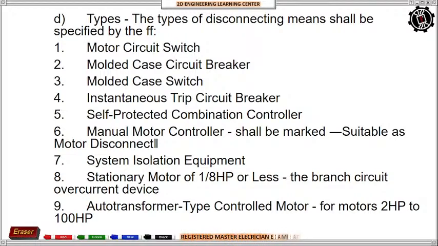The OCPD, no? Yan yung pinaka breaker na ang rating niya is kukunin natin sa table na yung may 300% sa full load rating. The disconnecting means is just a switch, no? So as long as kaya niyang i-carry yung full load current, 125% of the full load current of your motor, pwede mong gamitin kahit breaker ba 'yan, kahit knife switch ba 'yan. So pwede. The standard kasi is dapat